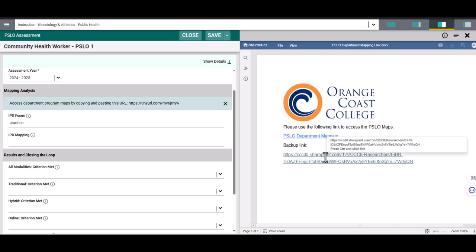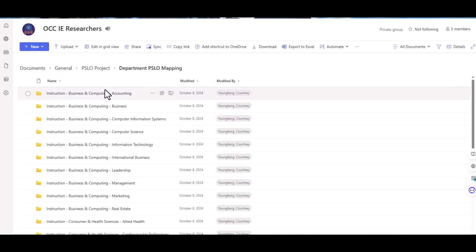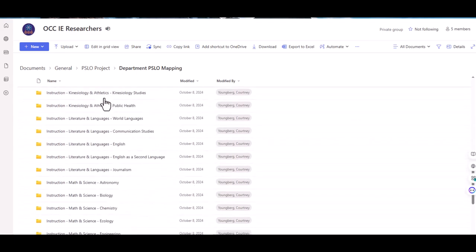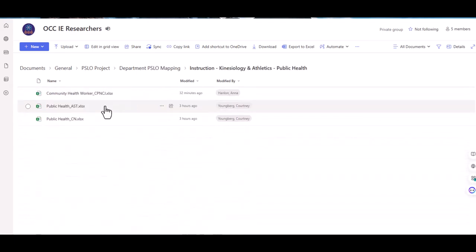So by selecting this link and holding Control, it will open a new page, and on this page we'll find all the folders that contain the maps. So let's go down to public health, since we're working in the public health area, and you'll notice here's the